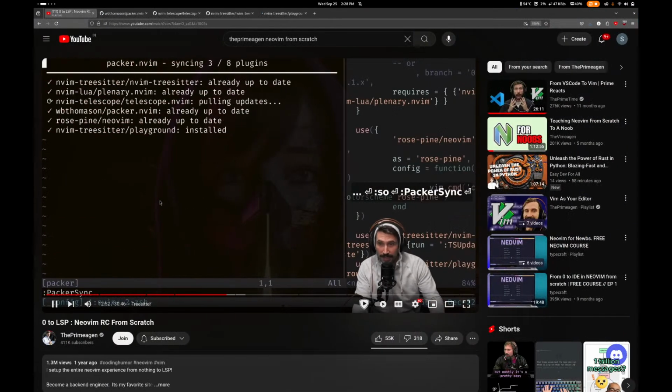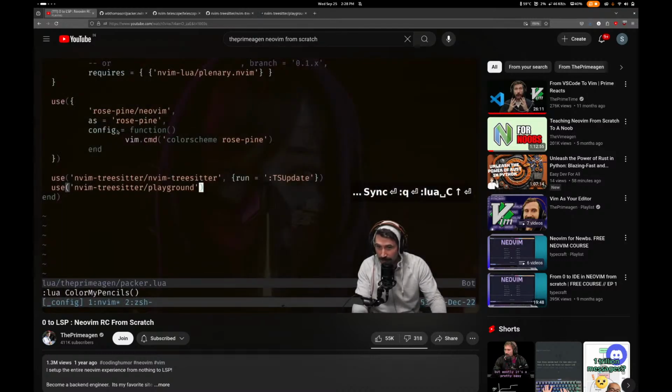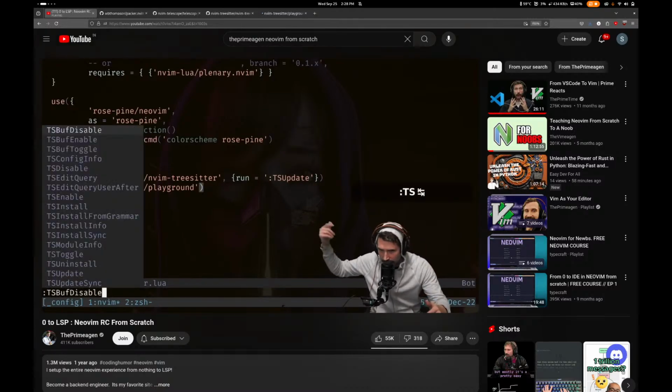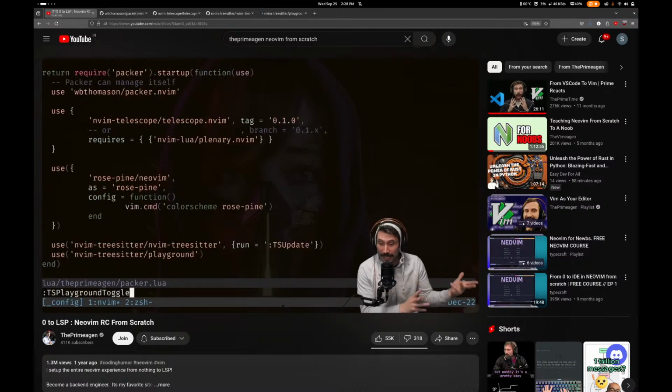It's going to install Playground. I'm going to quit. Again, Lua color my pencils. Awesome. But now we get something amazing. I'm going to go like this: TS, here's all of our tree sitter functions, right? But I'm going to go TS Playground. After restarting Vim,